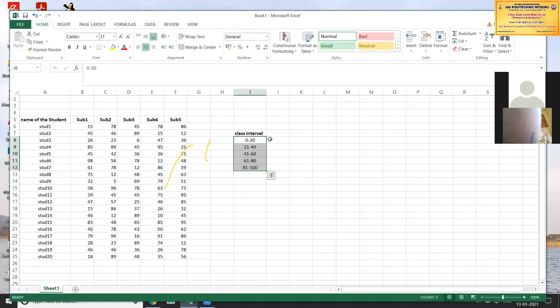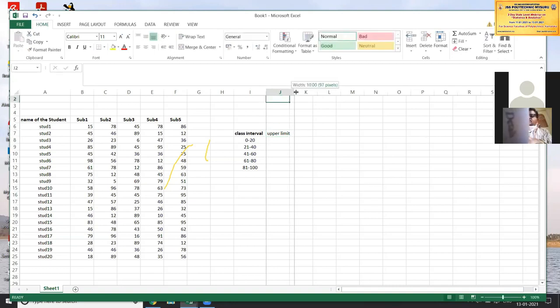Okay, so the bin or upper limit for all this will be common. So it is 20, upper limit, or you can call it bin. It will be common for all the 5 subjects.